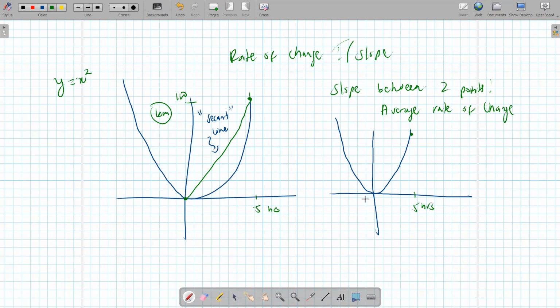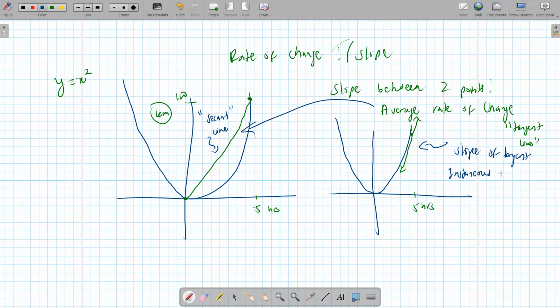In that case, you're going to have to draw something called a tangent line. A tangent line is a line that just touches the graph at 5, like that. Then you go about finding the slope of the tangent line, and this will give you the speed at that exact point. And this has a name. This is not average rate of change. Average rate of change would be this one between 2 points. This one is called a